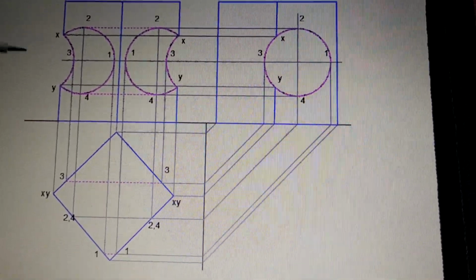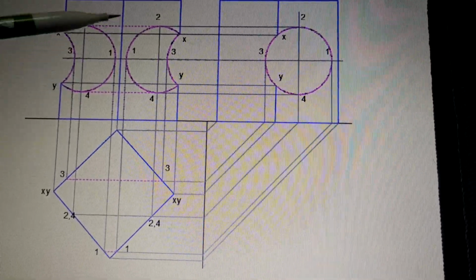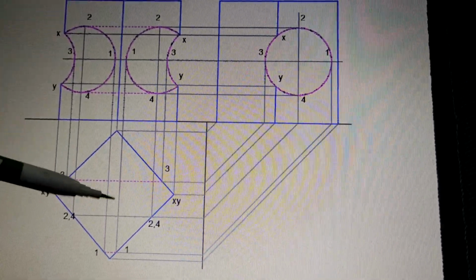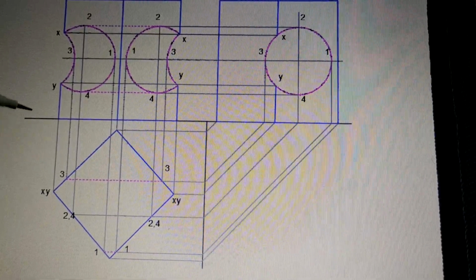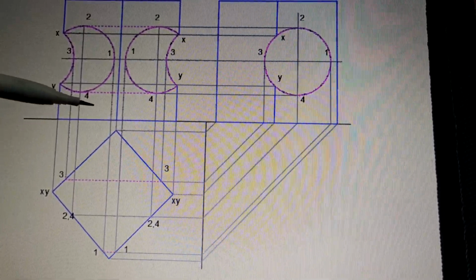So according to that discussion, we have drawn a prism at that time, and one point was marked. That point we have learned how to draw in all the other three views, and the entire intersection of solids concept is based on that simple principle of locating a point in all the three positions.